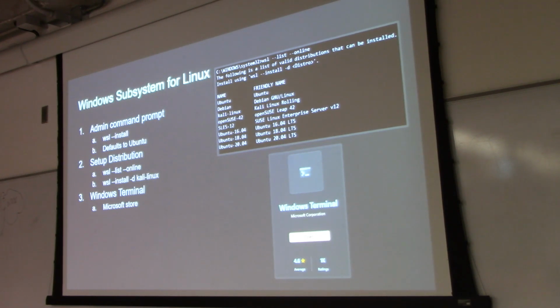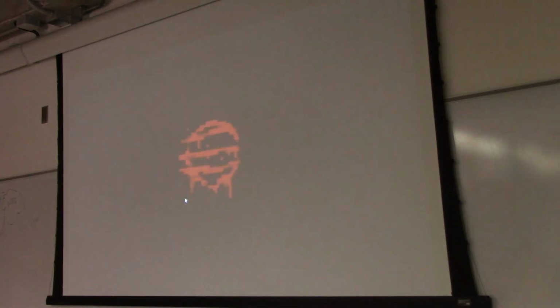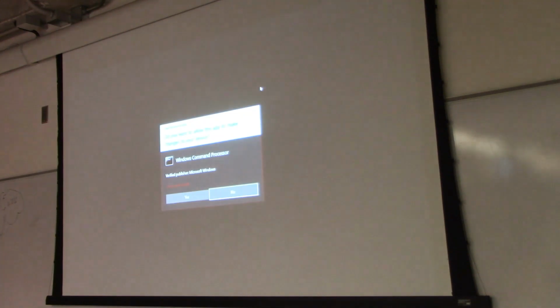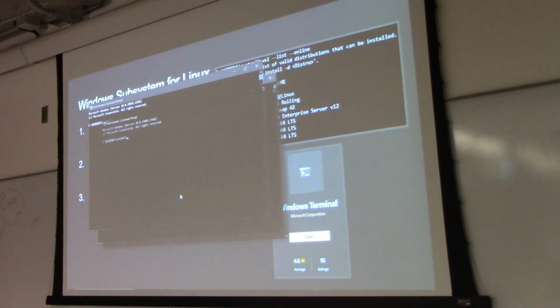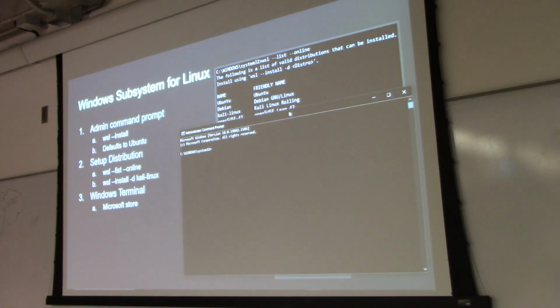So essentially, you can open up a command prompt, preferably an admin one, so you type CMD here and just run as admin. Whoops, I opened a couple of them actually. I clicked it too many times. My bad. Okay, maybe we're good now. So open up a command prompt with administrative privileges, and you can just do wsl --install, and that will